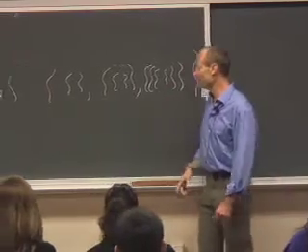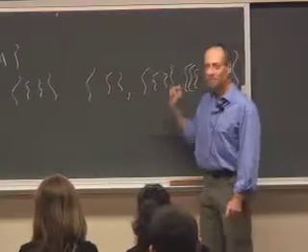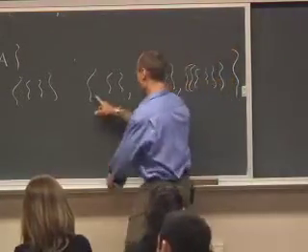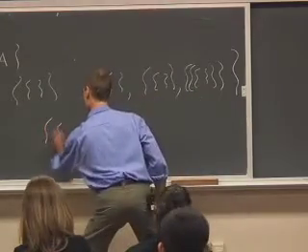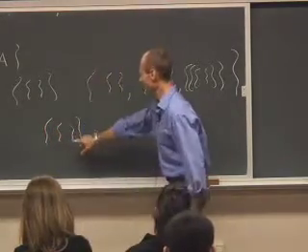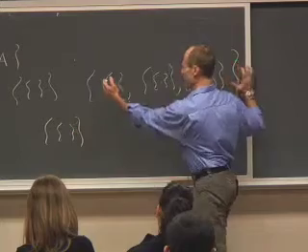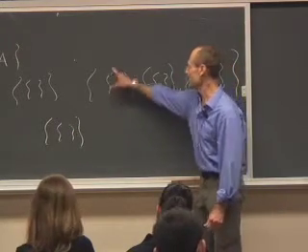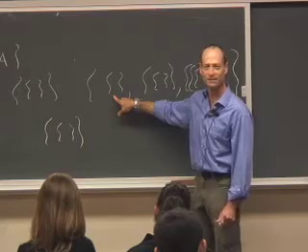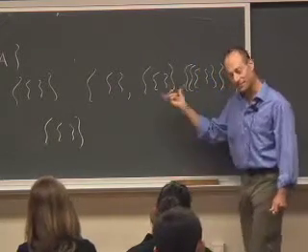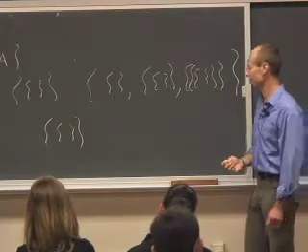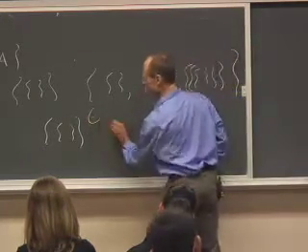So the empty set is a subset of every set, right? But in this case, a subset of this is this. This is a subset of this set. It is this element, right? It corresponds to this, the set that consists of the empty set. The set that contains the empty set. Okay. So this is a subset of that.